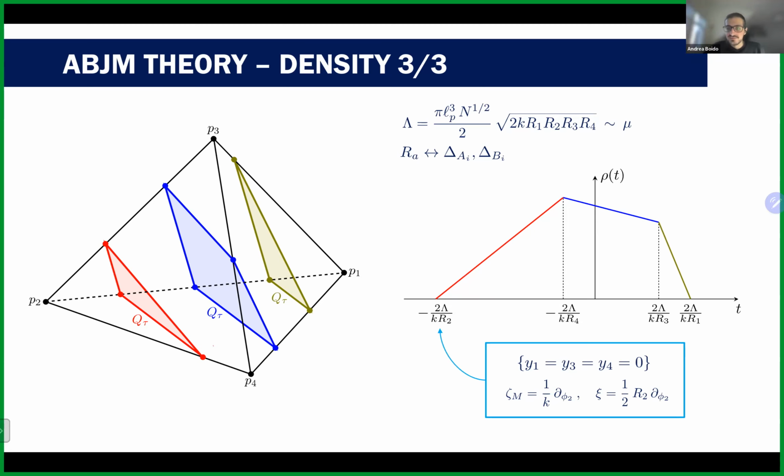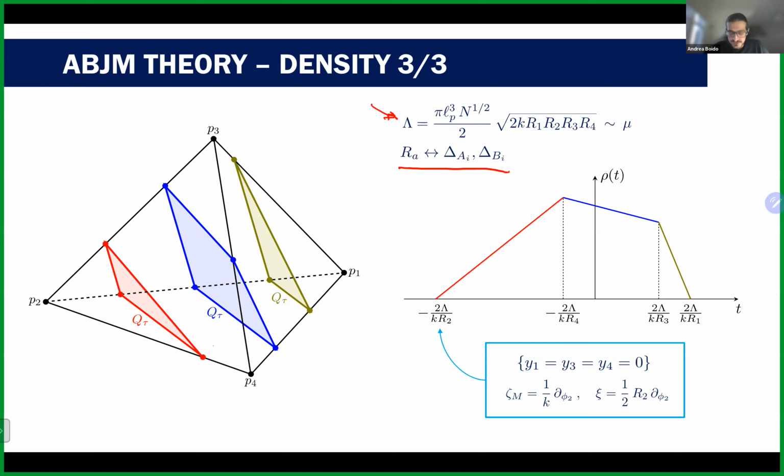Again, I'm not writing the full expression here because they are pretty nasty, but if you identify the charges in this way, you have a precise identification, of course, of R1 with one of the deltas, and so on, but it's not really the point here. And also you see that this lambda, which is now on shell because I imposed this flux quantization I was telling you before, is given by this expression, which is clearly related to the mu that I had before.